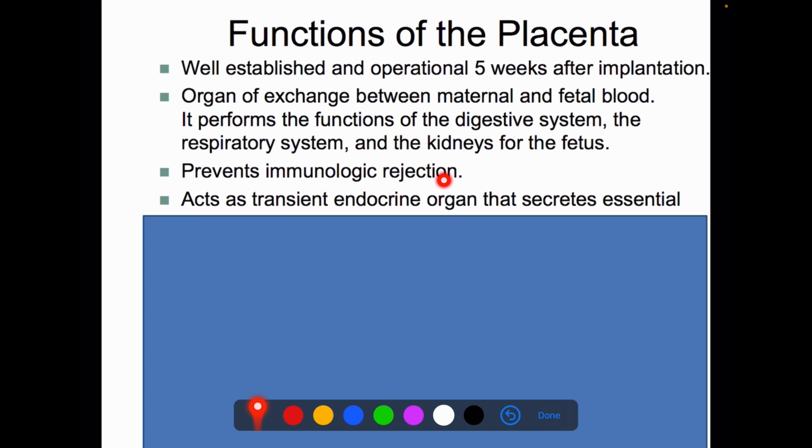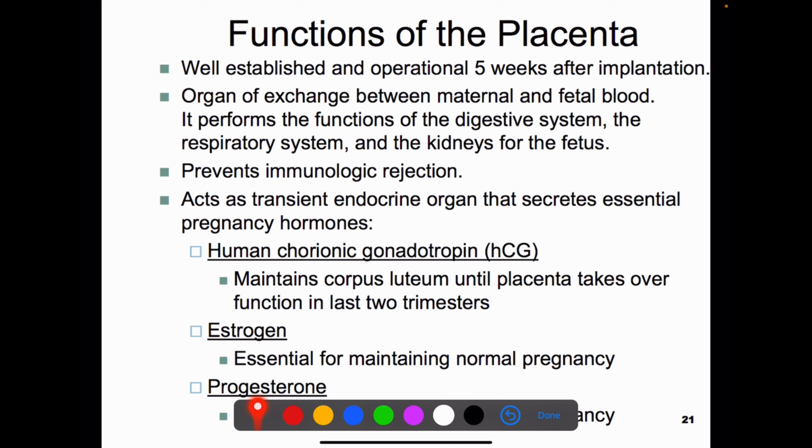It prevents immunological rejection. Now what is this? See, the developing fetus is a totally unknown cell to the mother, but in spite of that, the fetus develops normally within the uterus, and this is because of a species specific reaction. So the placenta and the fetus, though foreign to the mother, are protected, as it prevents immunological rejection.